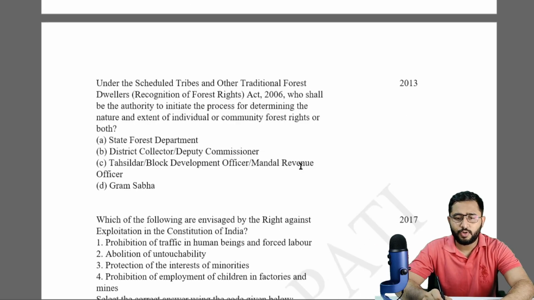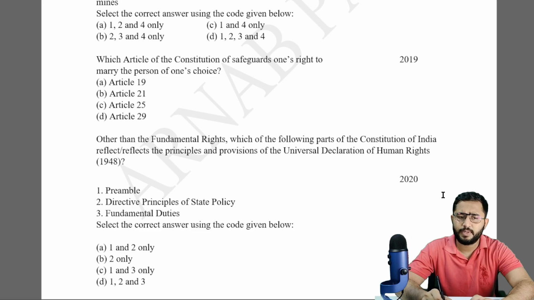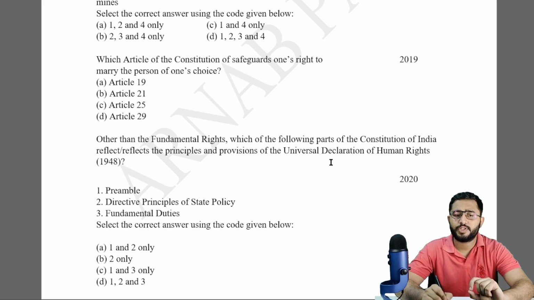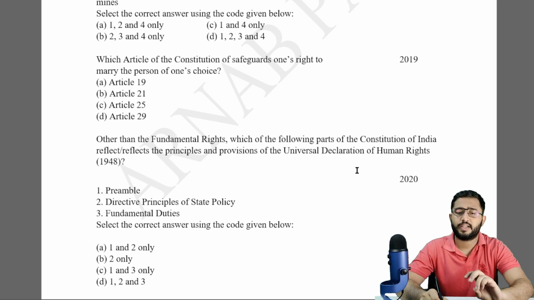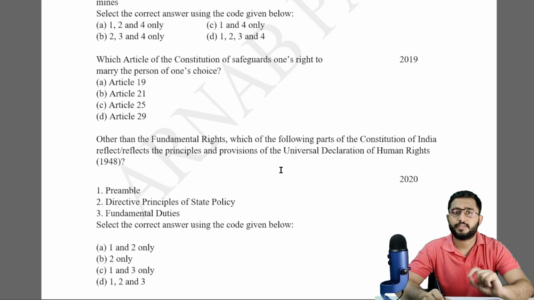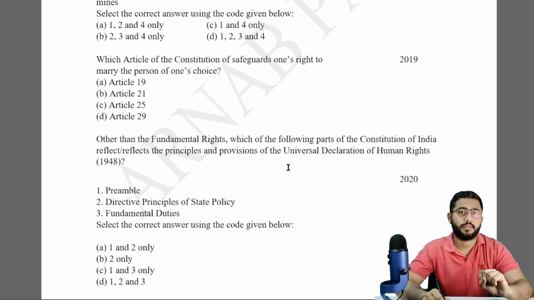But when we move on to questions that were coming from this area, for example in 2020, same, they picked up Universal Declaration of Human Rights, but they asked an interpretative question, which was which of these following sections in the Constitution of India have the principles or provisions of Universal Declaration of Human Rights other than fundamental rights. यहाँ पे भी एक certain base level of understanding की ज़रूरत थी हमें.